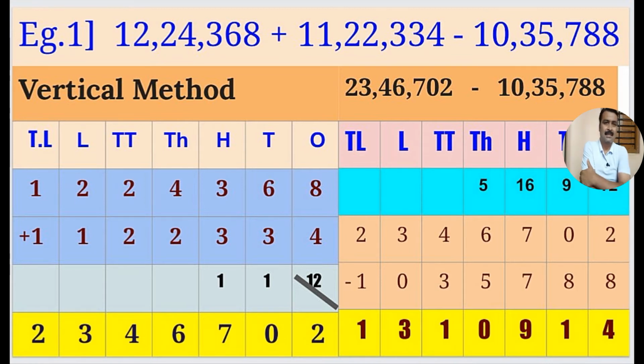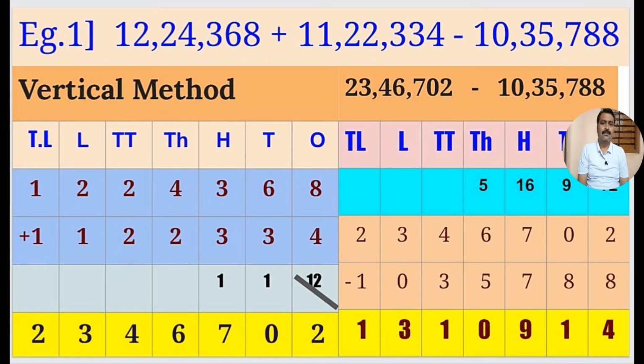So at 1's place 8 plus 4 we get 12. For that 12 we write 2 in the main answer and 1 is taken as carry into the next addition of tens. So at the tens column 6 plus 3 is 9, and to that 9 we add 1. So 9 plus 1 we get 10. For 10 we write 0 here, 1 is taken as carry into the next addition. So at 100, 3 plus 3 is 6, we add 1 there, we get 7.